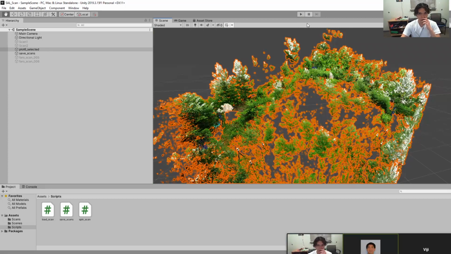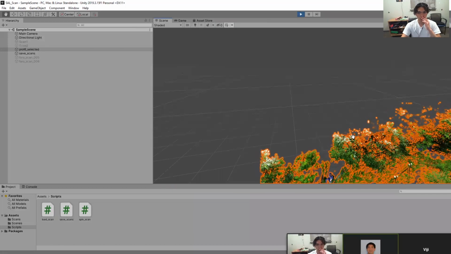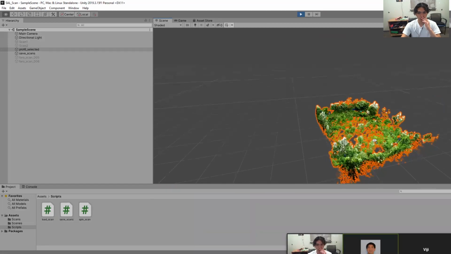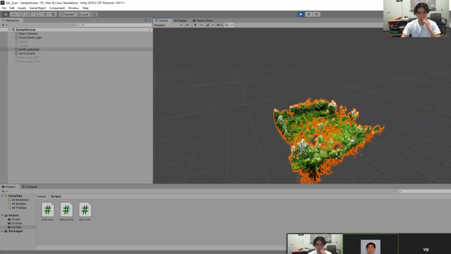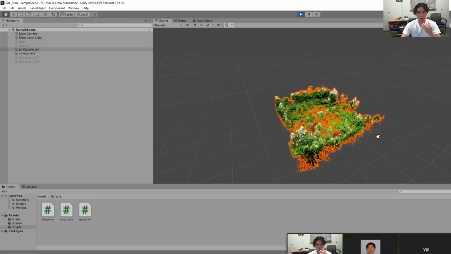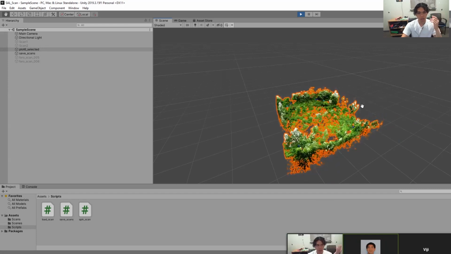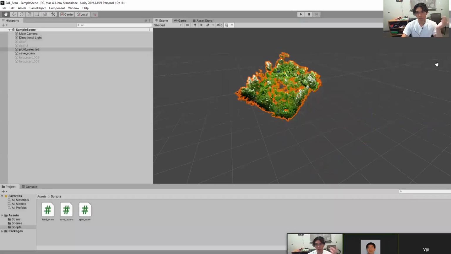If you want to see what this looks like, I'll go back into scene view. As you can see, this point cloud is rotating. However, I do know, probably because of the amazingness that is Zoom, this is probably going to look really laggy, even though it's very smooth on my end. But what can you do with that? Anyway,